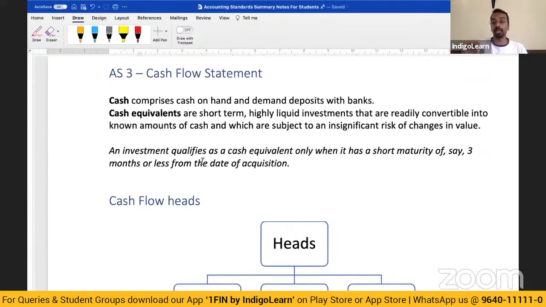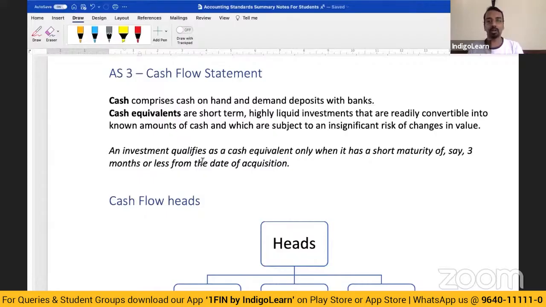Okay. Cash flow statement, guys, you should not be losing marks if you get a question from cash flow statement, whether it is a theory question or a problem-based question. I know there is a separate chapter on AS3, so I'll not be getting into depth of the problems, but for those of you who want to master the indirect method of solving the cash flow statement, which most of the students find difficult,